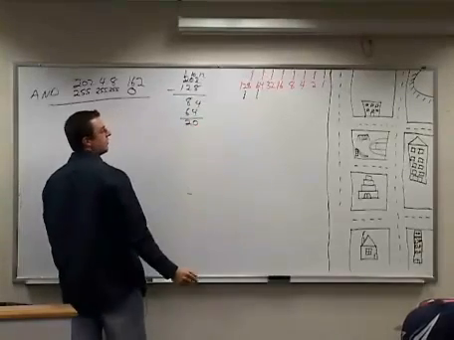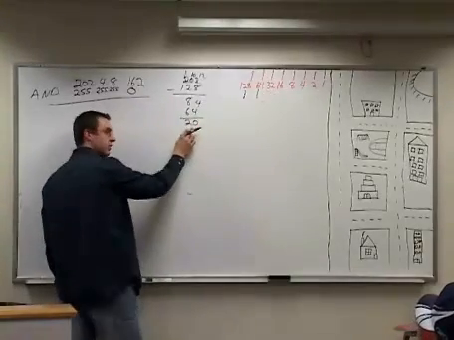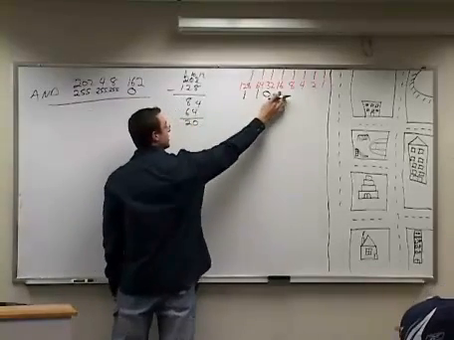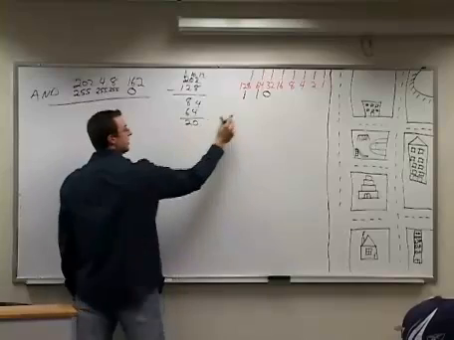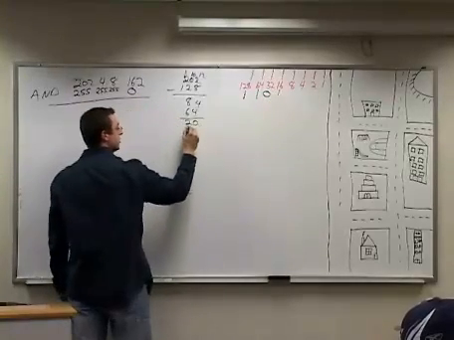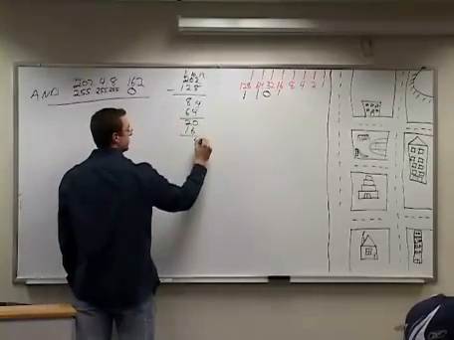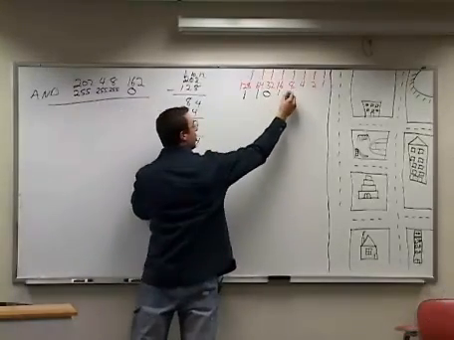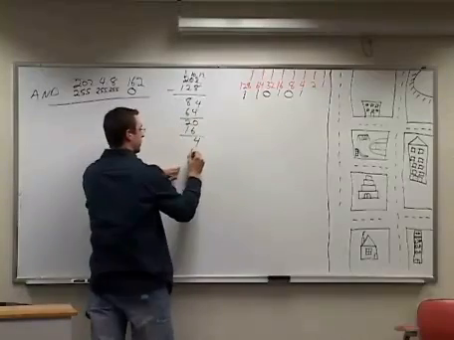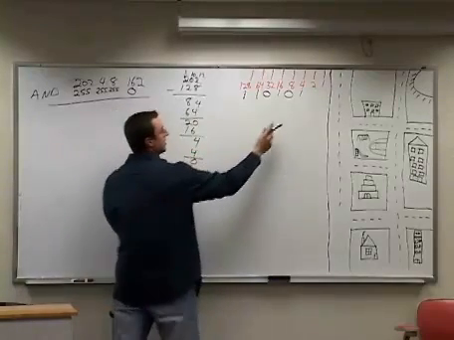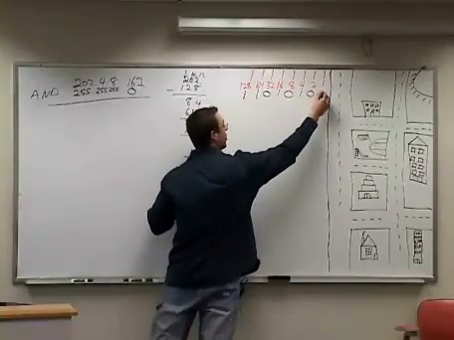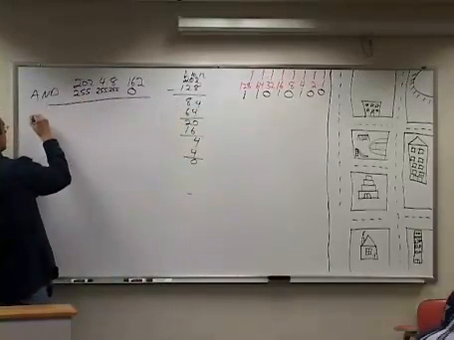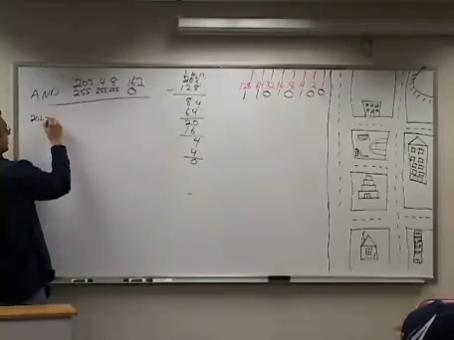It gives me 10 left. And I say, does 32 fit into 10? No, it doesn't, so I put a 0. Does 16 fit into 10? No. Does 8 fit into 10? Yes. So that's 2 left. Does 4 fit into 2? No. Does 2 fit into 2? Yes. Does 1 fit into 0? No. So the number 202 is actually equal to